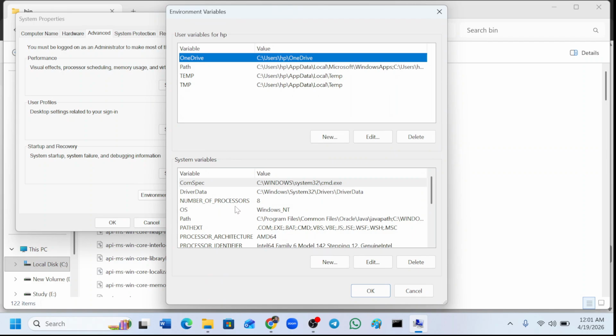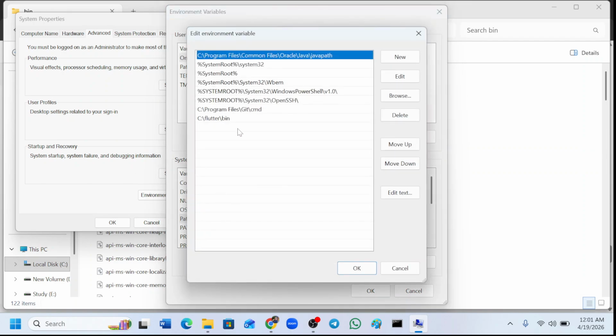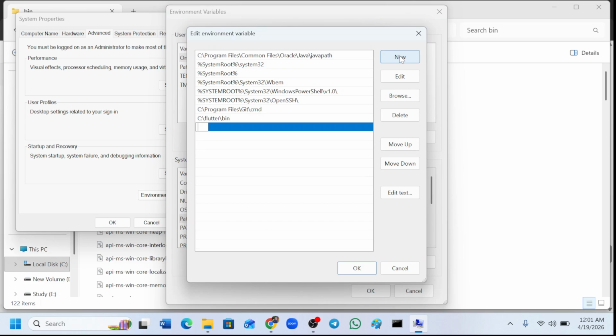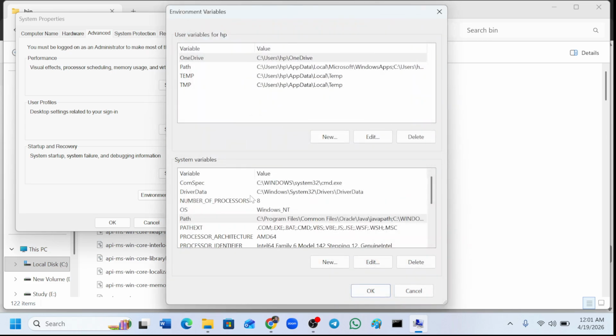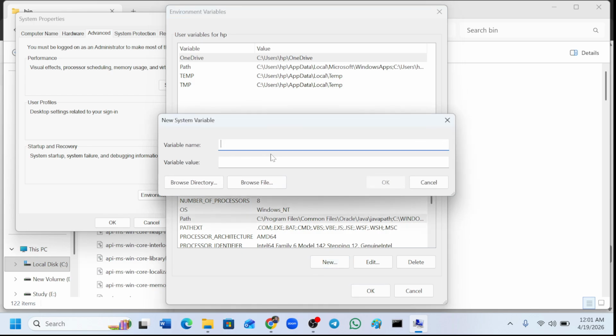Then you have to click again, double click for path. Then new, and paste it here. Then okay. Now you have to set a system variable. So you have to click new, and then you have to give the variable name